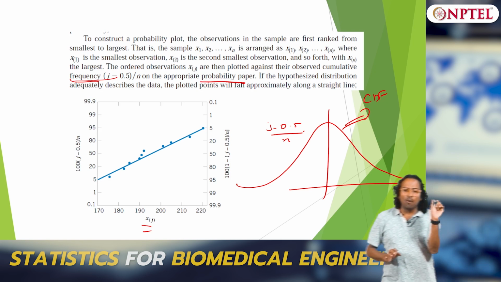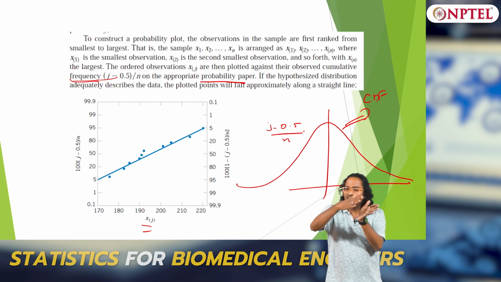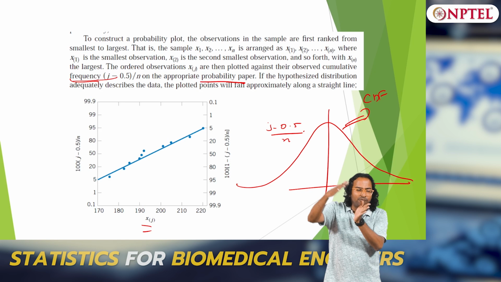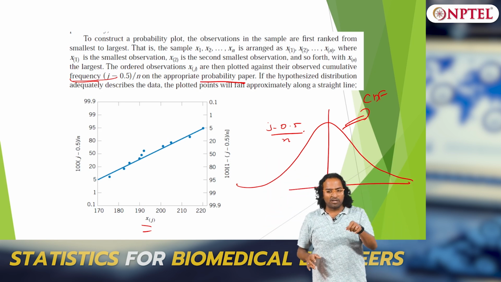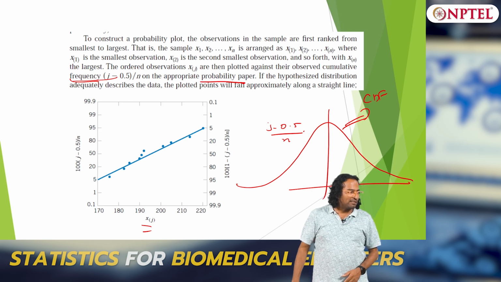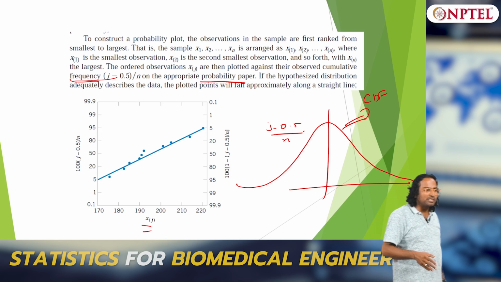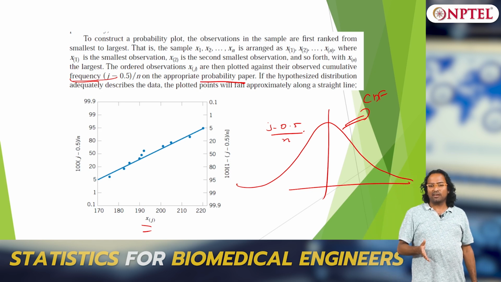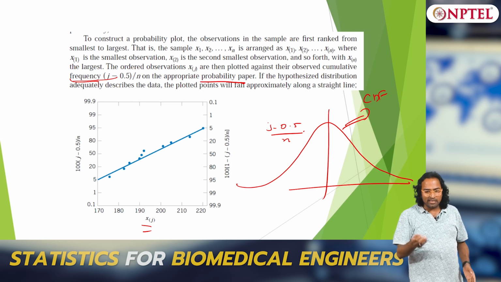The simple idea is how much percentage of data will be between 0 to 25 percent, 25 to 50, 50 to 75, 75 to 100. Now if you plot your data on this probability plot and it turns out to be a linear line, then you can safely say that your data distribution is normal. Y equals mx, you should have a straight line because they are highly related, just with a slope factor. If you plot y and x, that means y highly resembles x with just a slope factor.